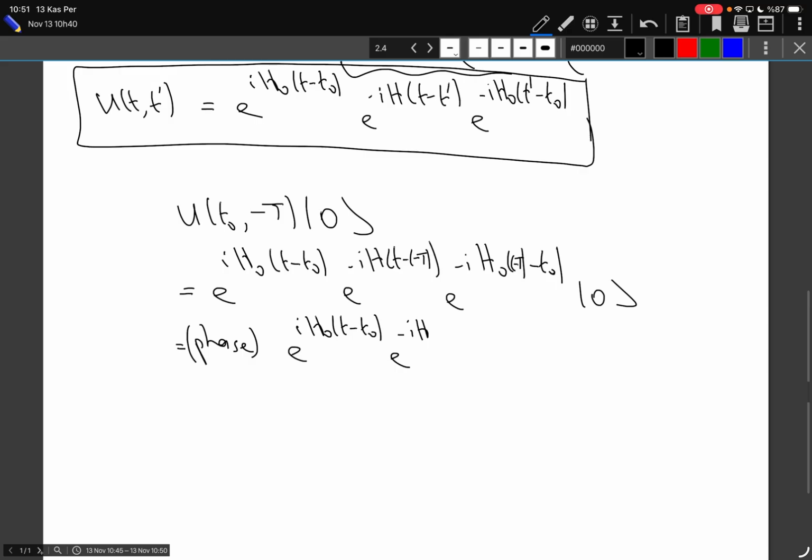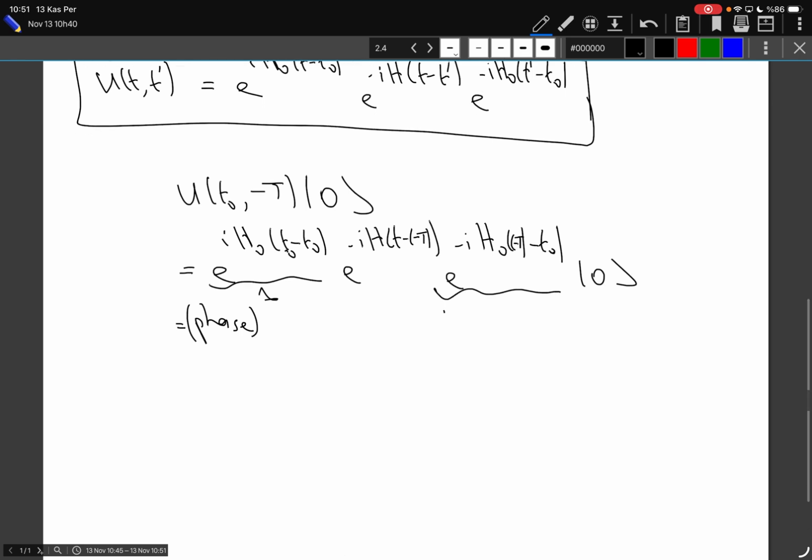Oh, sorry, another correction. T is t0. So this first term is just 1. This, acting on the empty state, will just give me a phase. e to the power minus i H (t0 plus t)